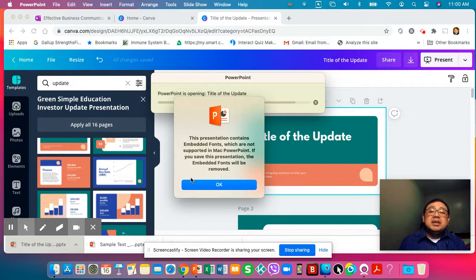And if you notice, there is actually a pop-up appearing in front of us right now. It simply says that this presentation has embedded fonts, which are not supported in PowerPoint. So that's what I've been telling you. The moment you see something like this, you expect some aesthetic differences between what you see in Canva and what you see in PowerPoint. Okay, so if you click OK,